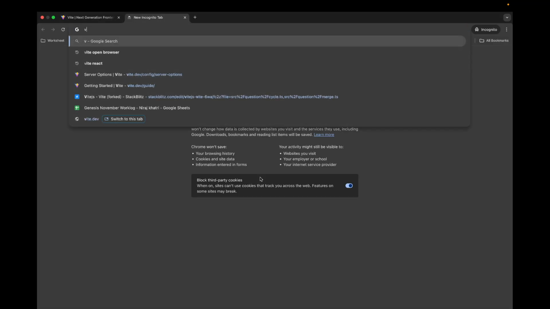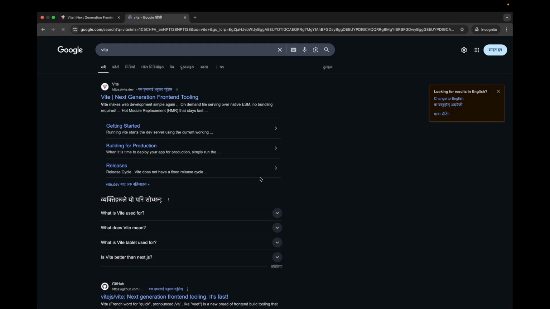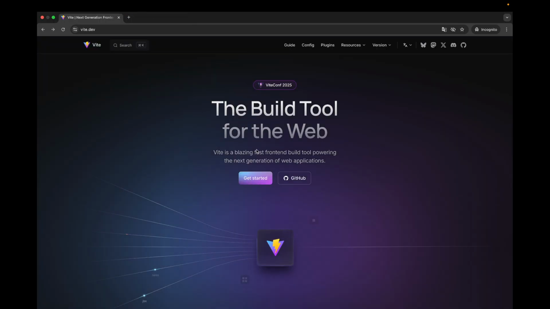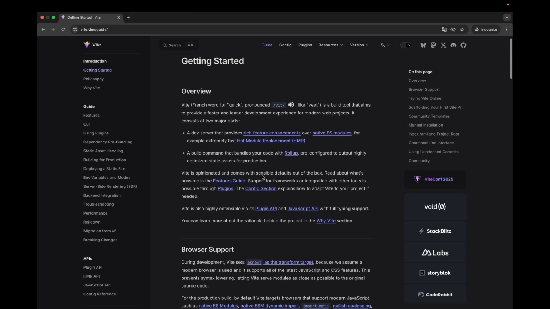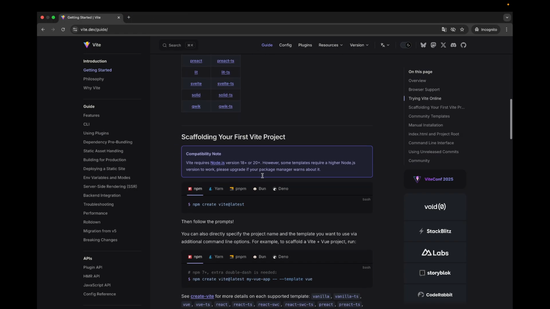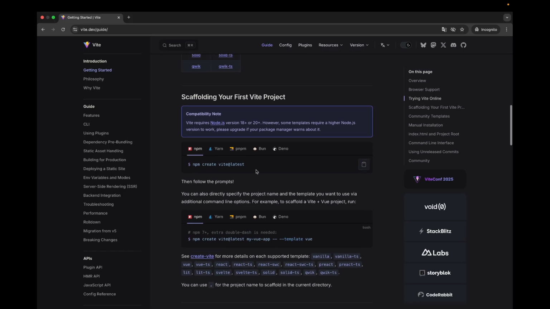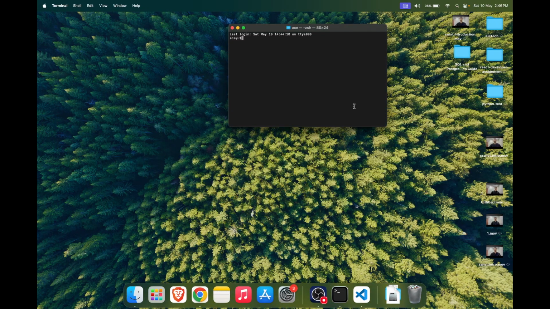You can find the Vite documentation by searching Vite in Google and navigating to the first link, and we can create our React app using Vite by navigating down here, and you will see a portion called Scaffolding Your First Vite Project, and you can create a React app using any package manager of your choice. I will be using yarn. Just copy this command and navigate to a terminal and paste that command, and Vite will ask you to give